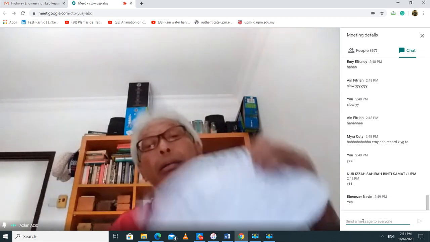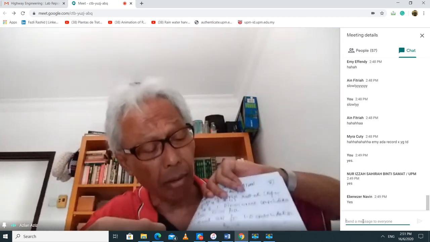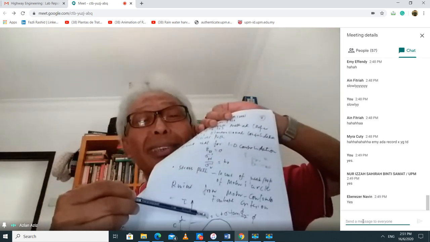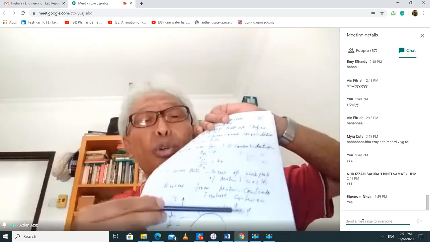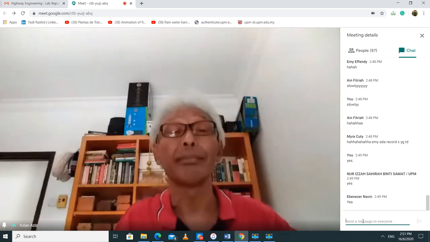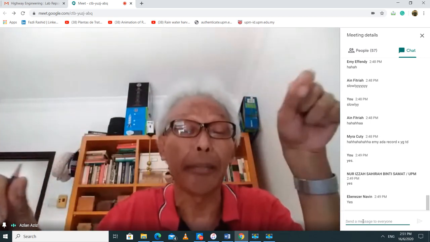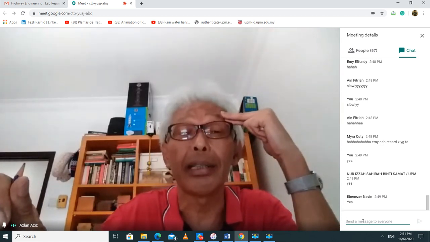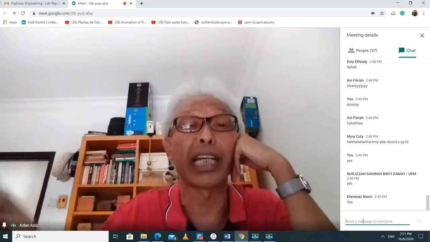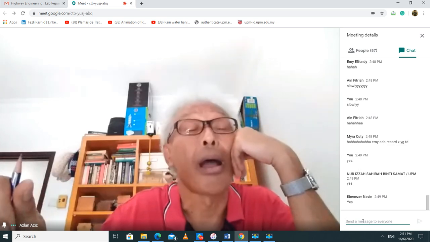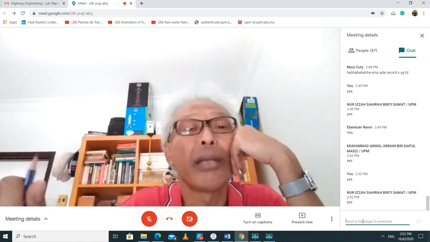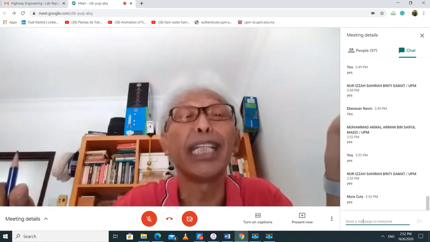Now, this shear stress tau, on the principal plane, you know what the value is from soil mechanics 2. You can calculate that. If you know your C, you know your P, you can calculate to know whether your element will fail at what magnitude. Am I right to say that you learn all of this in your soil mechanics 2 and in your other class? I don't know what you call it, mechanics of materials, strength of materials. Yes or no? Okay, Akmal says yes. Everybody says yes. So I'm just reminding you about this.